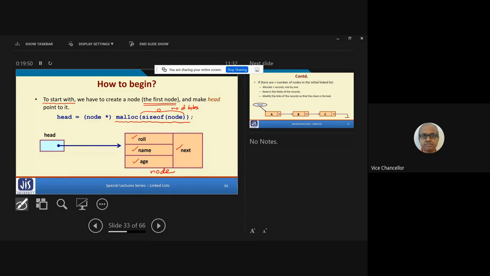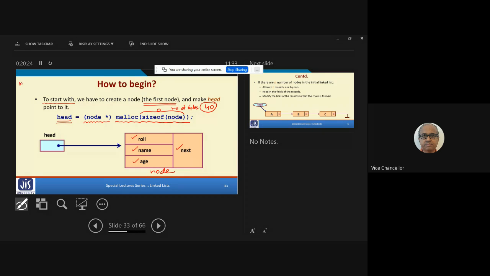So the whole thing, how many bytes it contains, let's say it contains 40 bytes. So this malloc will be allocating 40 bytes. And I said malloc by default returns a void pointer. So you will have to do a typecasting because you will be pointing head to a structure type node. So it will be node star. And this pointer you are assigning to the variable head.